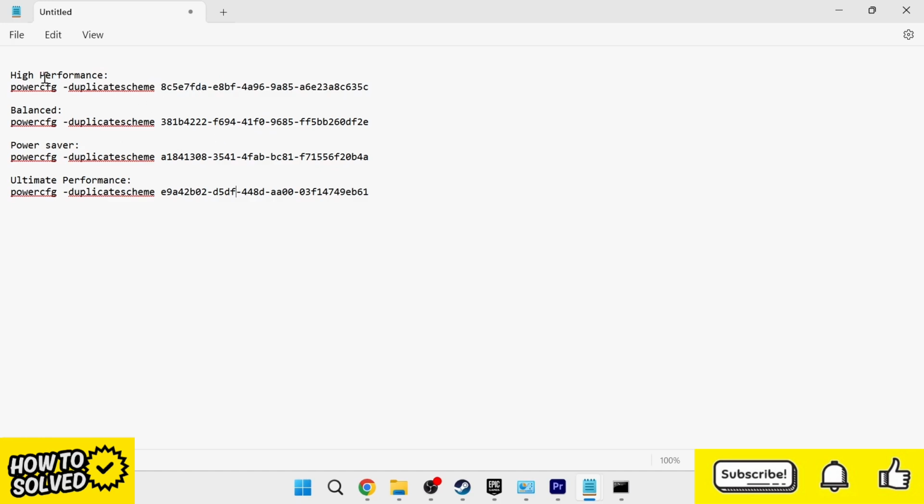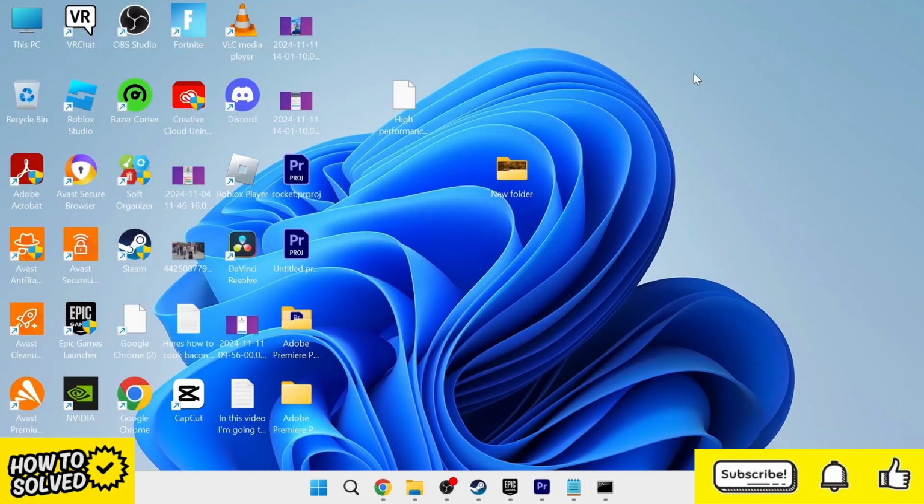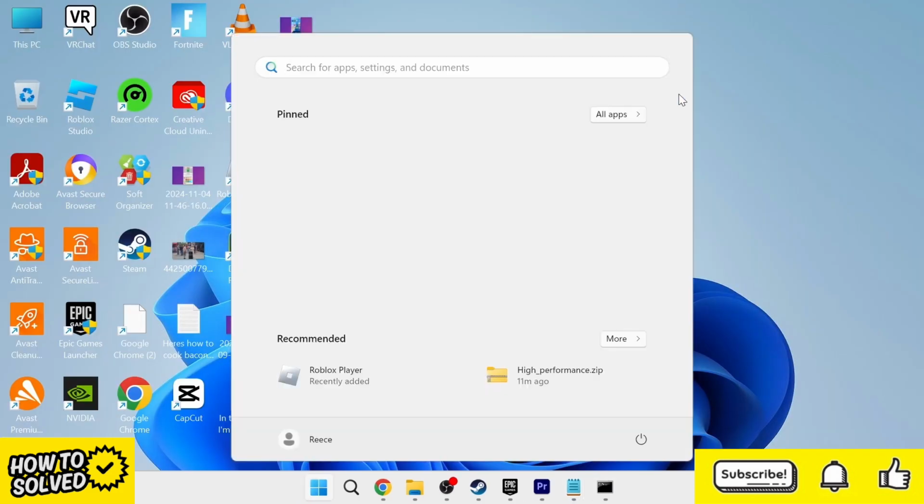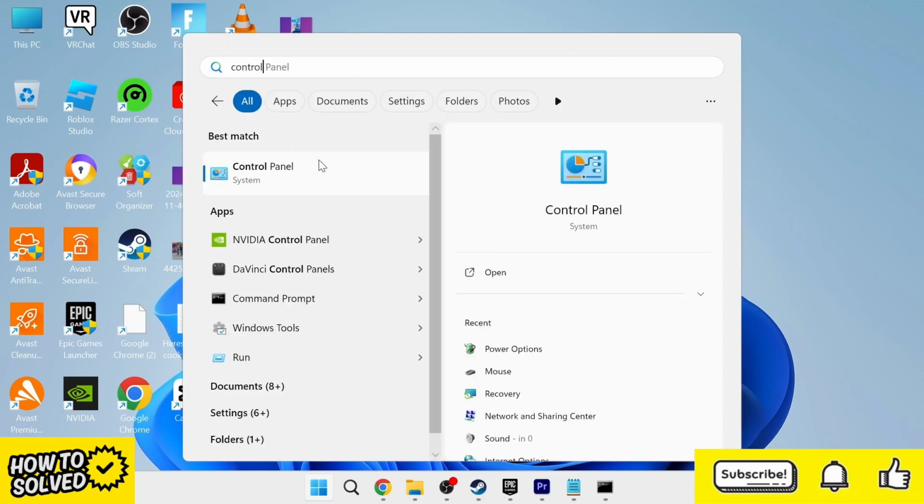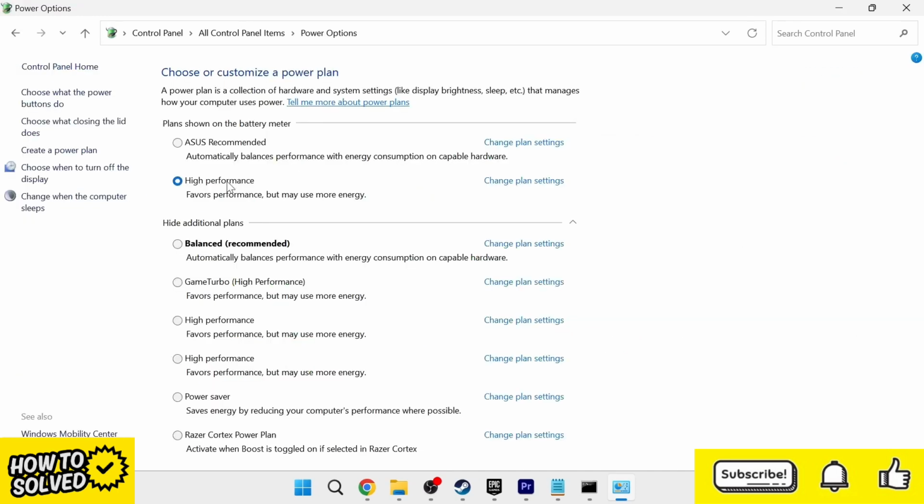So let's say, for example, I wanted to use the high performance plan. I'm just going to copy all of this text like so. Right click and select copy. Then if I head back over to the command prompt and I paste all of that text in like so, what will happen now is if I come over to the Start menu on my computer and search for Control Panel, click on the Control Panel window and make sure View By is set to large icons and then select Power Options. Now what will happen is down here underneath additional plans, you'll have this option now for high performance,